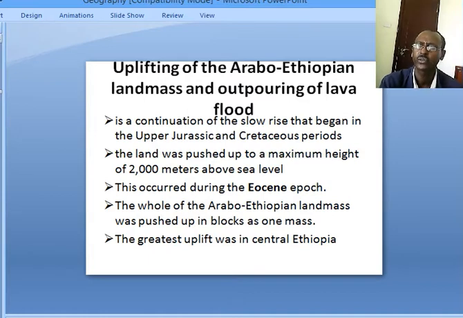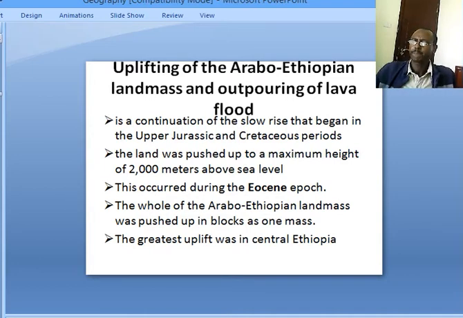Uplifting of the Arabo-Ethiopian landmass and outpouring of lava flood is a continuation of the slow rise that began in the Upper Jurassic and Cretaceous. These Jurassic and Cretaceous were periods within the Mesozoic era. The land was pushed up to a maximum height of 2,000 meters above sea level. This occurred during the Eocene epoch, where the whole of the Arabo-Ethiopian landmass was pushed up in blocks as one